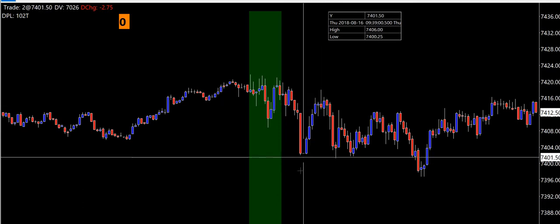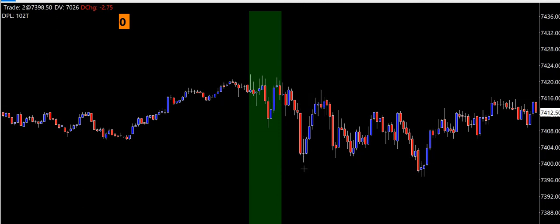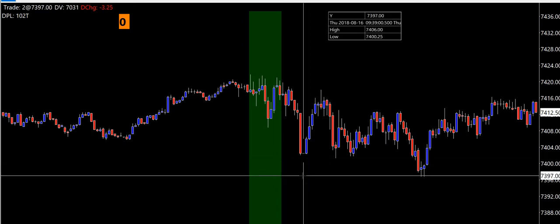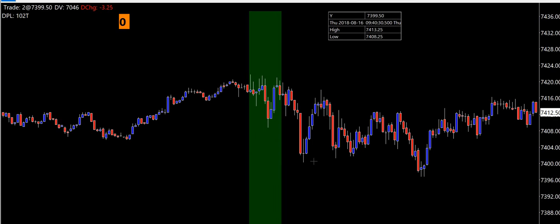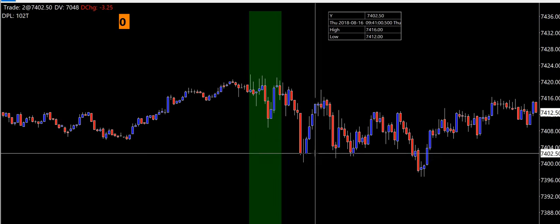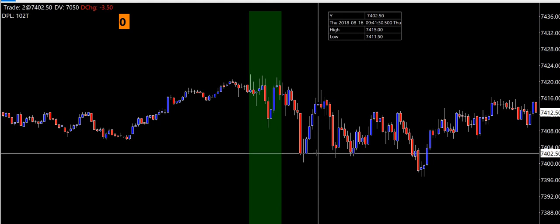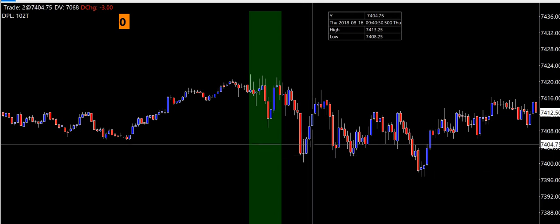This here is where supply is. I mean, demand is. You can see this here. And it's a doji, and then it just fires away. So this is a 6-point candle, so I'm going to go like halfway, which would be like 0.3. And I'm not going to go up higher on this one, so I take it on the regular close like you'd normally do.